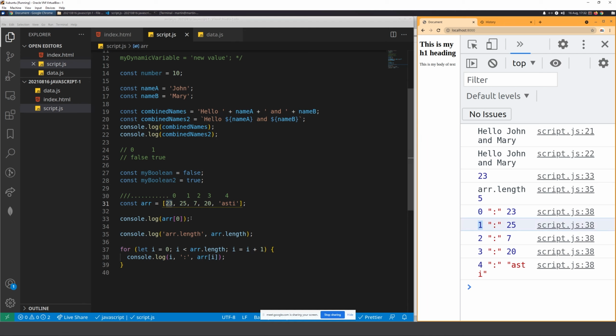Then it goes to 1, and that's going to get us 25, and then it runs to 2, and that's going to get 7. Okay, so that's a way to loop through it and then get your values using the index. The other way that you can use, well, people tend to struggle